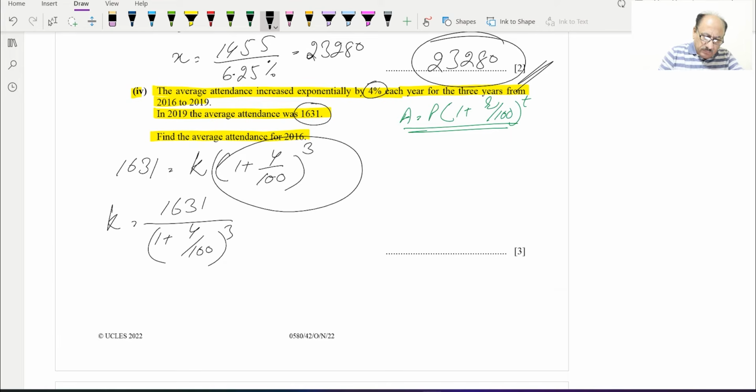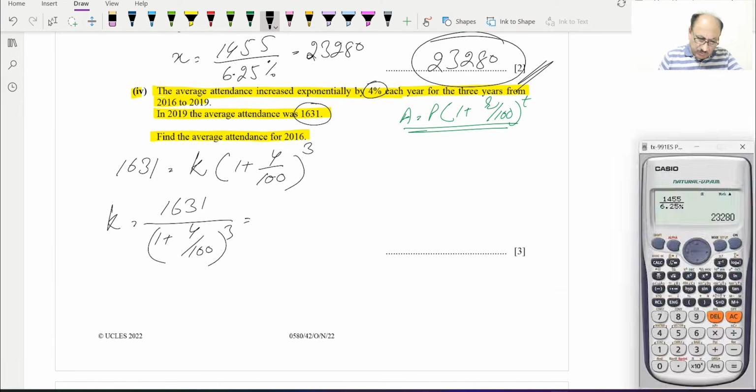This whole term we have shifted to the other side and it will go as denominator. Now we can calculate this. This will be 1631 over, in brackets 1 plus 4 over 100 and bracket close, raised to the power 3, and this is giving us the answer